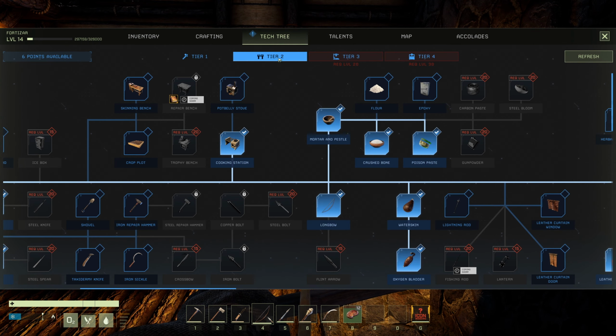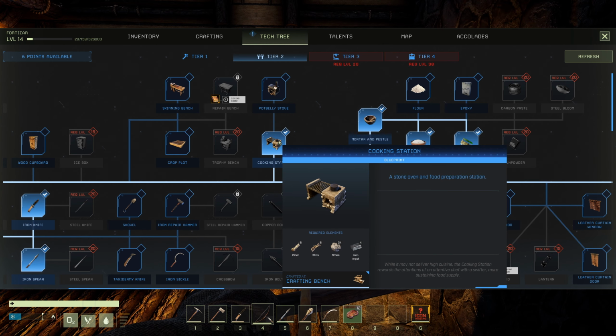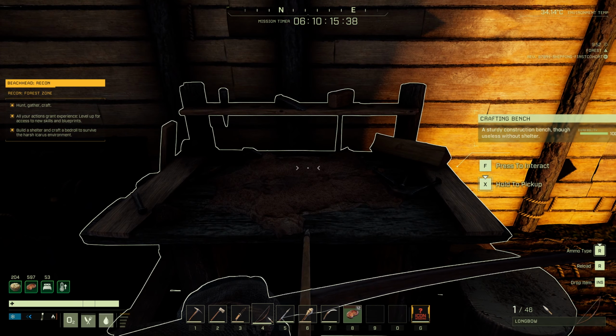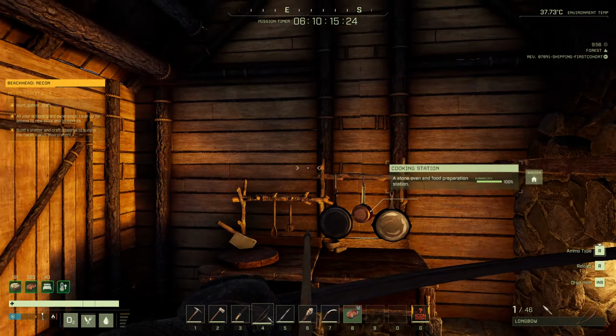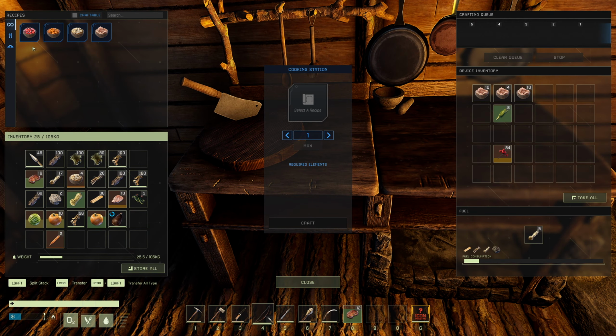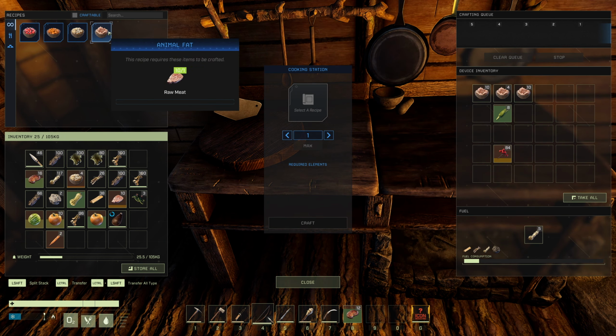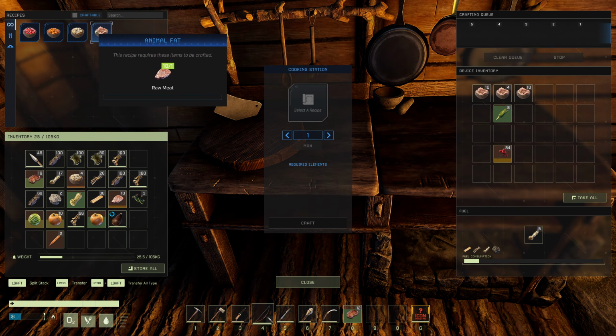In the tech tree, it's under your tier 2, and it's here. So the cooking station takes 8 fiber, 8 sticks, 24 stones and 4 iron ingots to craft, which is done on the crafting bench. So once you've crafted the cooking station and you've placed it down, this is what it'll look like. To access it, you just press F and then it will show you all of the available recipes. If they're highlighted blue like so, it means you've got the ingredients ready to go,